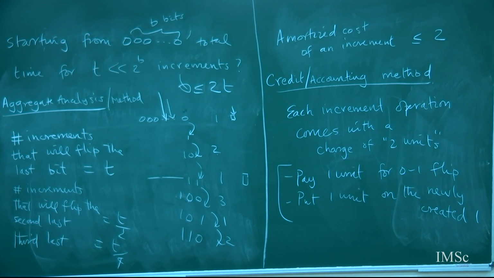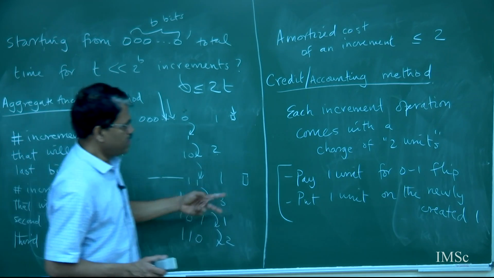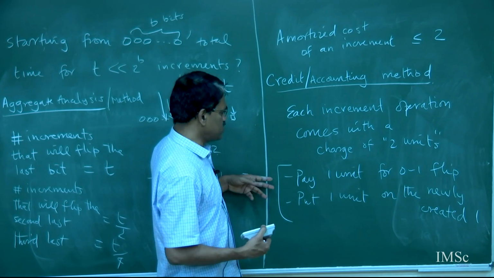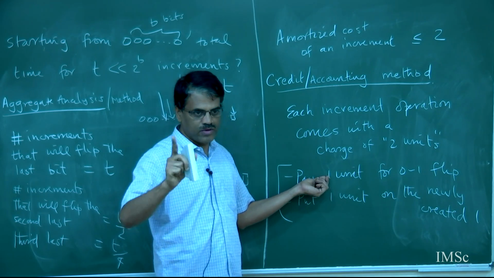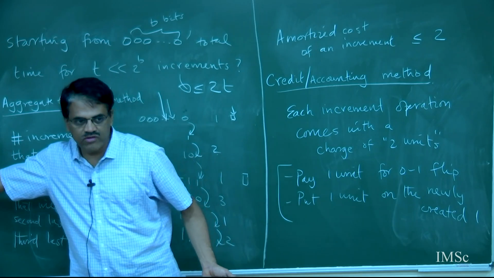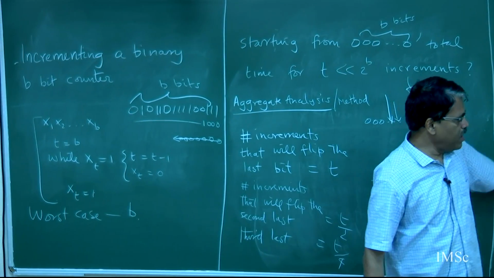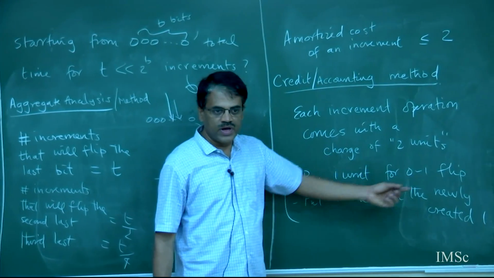Okay. So we already finished with this analysis saying the total time is at most 2 times t. I want to give another way to do the same argument. So here is my way of using the 2 units. When you create a 1, you create exactly one 1. Remember, there is exactly one 0 to 1 flip that happens. Pay 1 unit for that 0 to 1 flip and